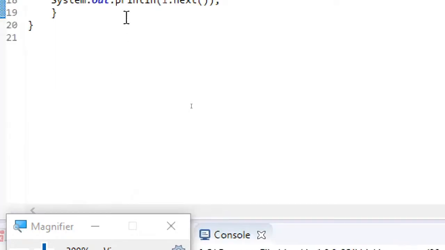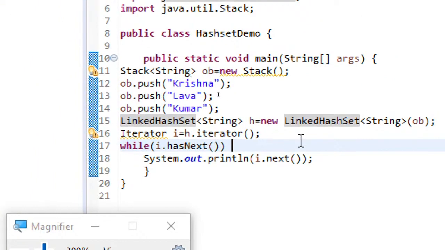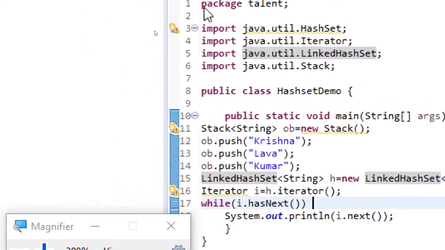I have shown you how to use the Comparable interface with the TreeSet, and similarly HashSet and LinkedHashSet also. HashSet is the best data structure for faster retrieval and search operations, whereas LinkedHashSet, which is a subclass of HashSet, can be used for preserving the insertion order. This is what you need to remember with regard to sets.